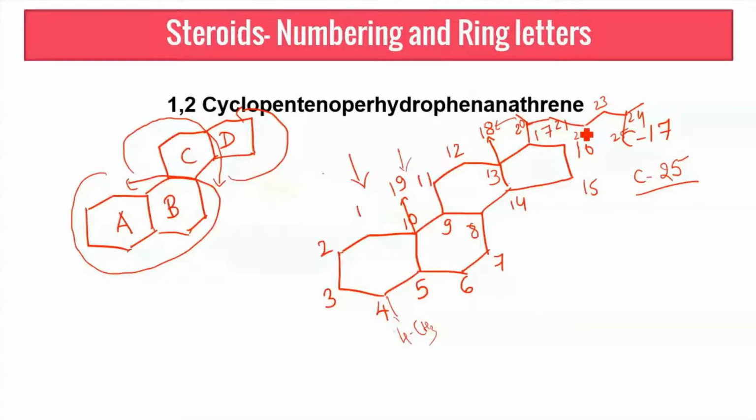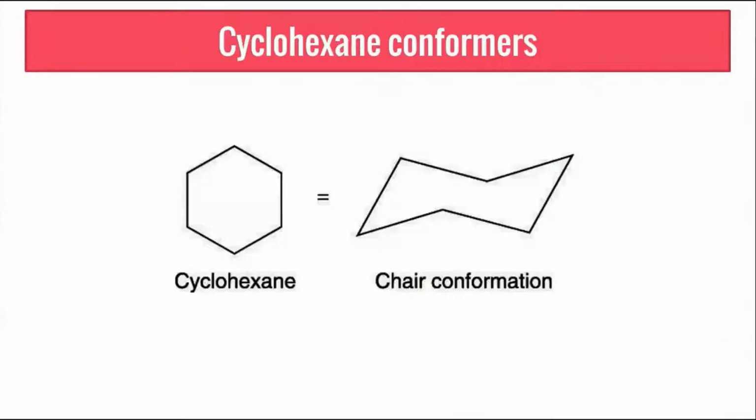If so, we'll move to the next and most important aspect, dealing with the orientation and the three-dimensional view of this structure. Cyclohexane, we write it as the most stable conformer, being a chair conformation. So cyclohexane, I can draw as this chair. I can also draw it as the other form of chair. In whichever form you draw, you would write the chair conformer as the most stable conformer, whereby we have bonds distributed across the chair. You must be calling it a puckered conformer, in case you remember.